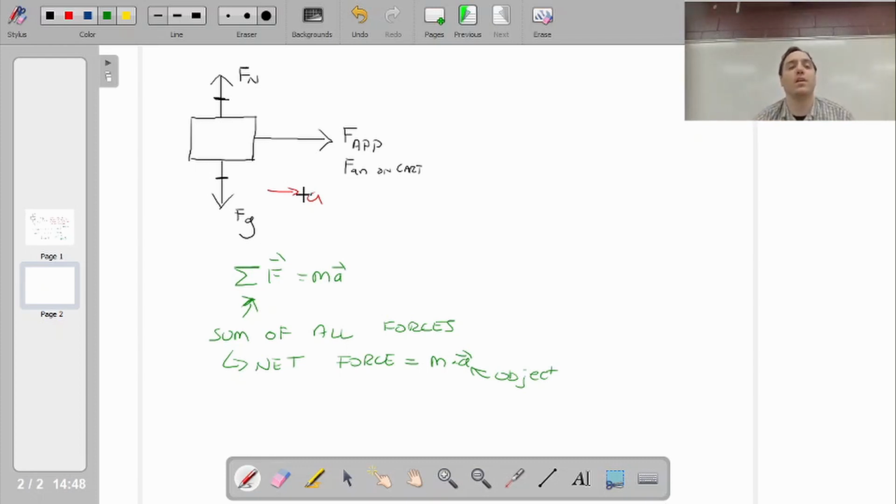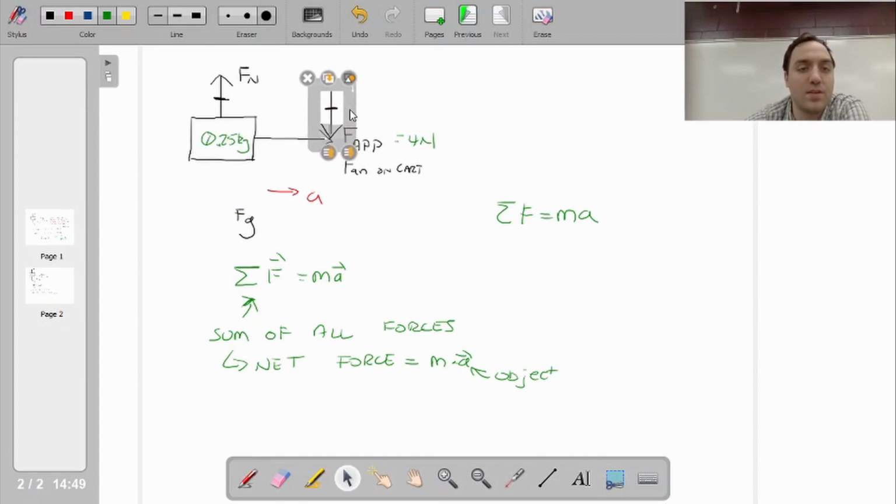This allows us to start talking about some fairly simple ideas. Let's start with this one. If this cart has a mass of 0.25 kilograms and is experiencing a force of 4 newtons, what's the acceleration? Well, net force equals mass times acceleration. In this case, the normal force and the gravitational force aren't particularly relevant. We'll talk about them more later. But my net force, the only force being applied on it in a direction, is my force applied. If you don't believe me, what you can do